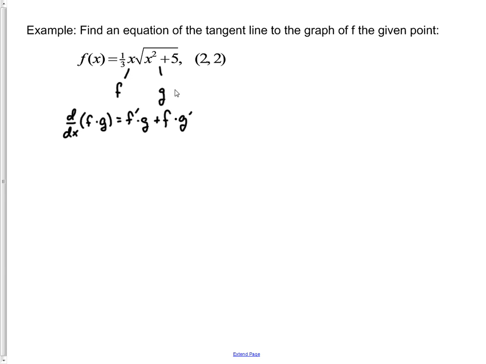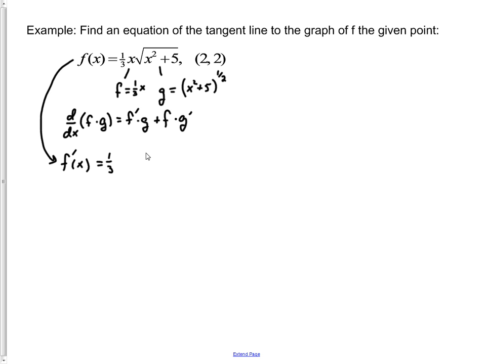So if g is our function, the square root of x squared plus 5, we know we're going to be taking a chain rule type of approach to that one, and if f is equal to 1/3 x, well, that's just a straight rule that we can deal with by direct differentiation. So, all right, y prime, f prime of x, that's the derivative of our original function f. So the derivative of 1/3 x is just 1/3